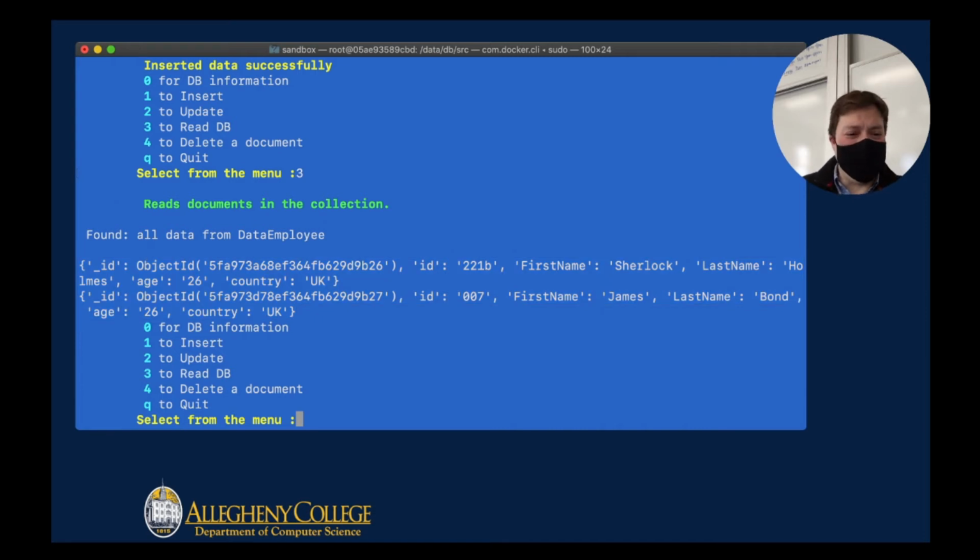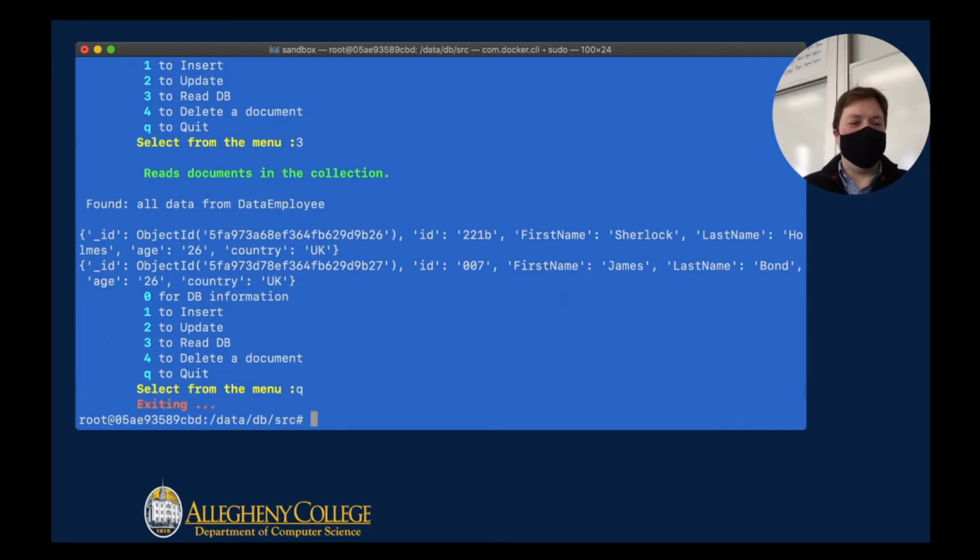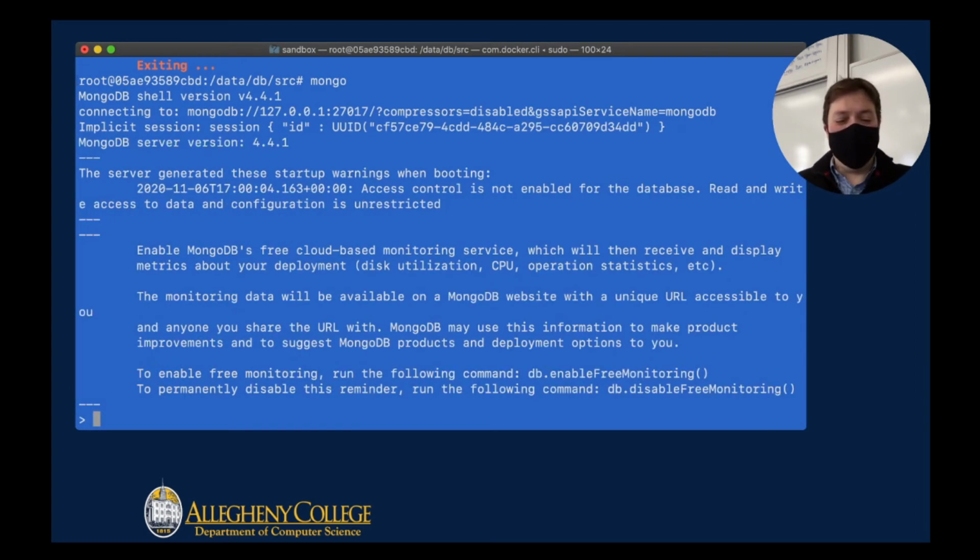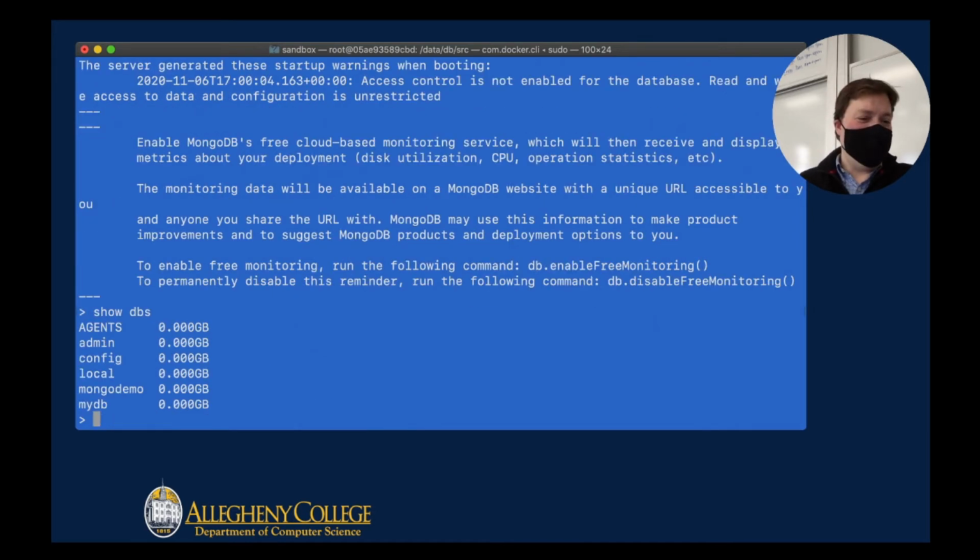Now that's all very cool. Let me quit this for a second and show you where this information actually showed up in our database. If I exit this by hitting Q, I can type in mongo, and here we are. Inside Mongo, I can type in show dbs, and the database is called agents. That's where the code actually sent everything, and I'll talk about that in the code when we review it. But if I type in use agents,